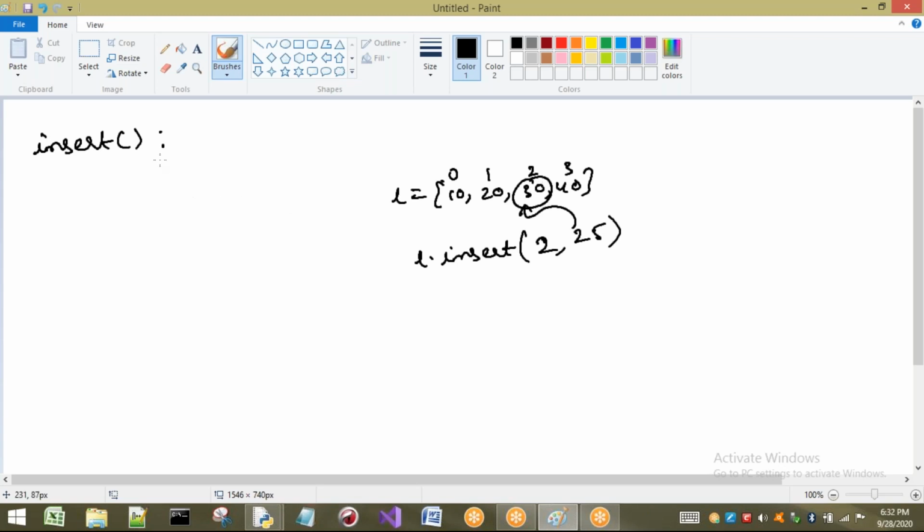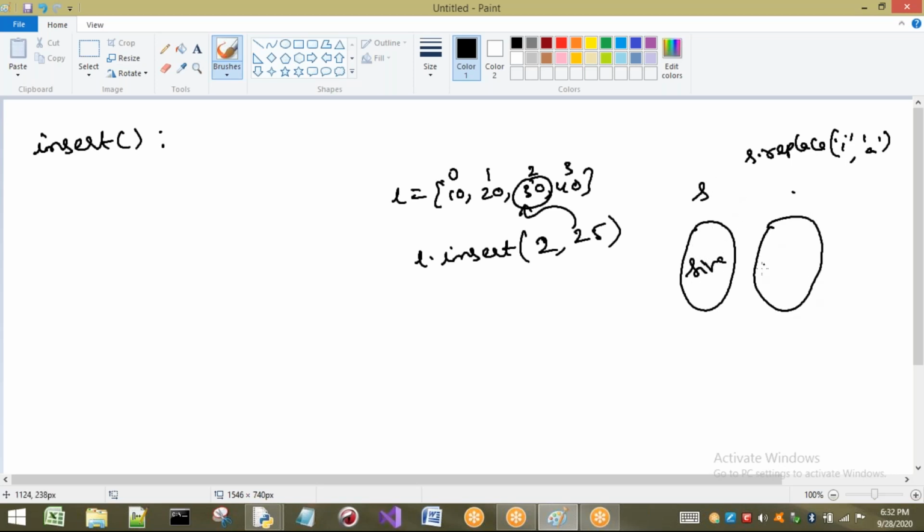One more point we have to discuss about insert is that it is not going to return any value. That means it returns None. The point we have to understand here is, if I consider a string, say Shiva, and I modify it with s dot replace, where I want to replace i with a, the string is modified, but it will not change in the same object.